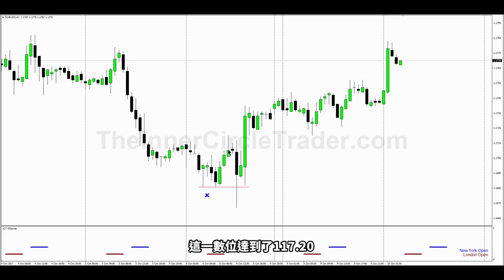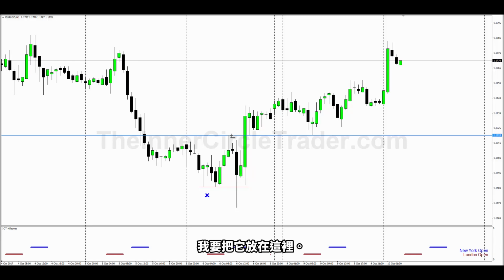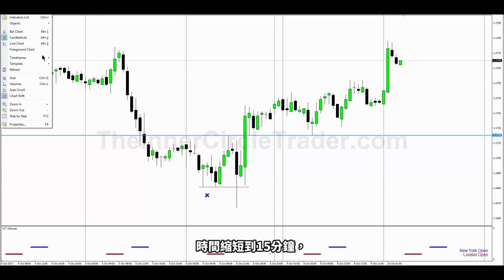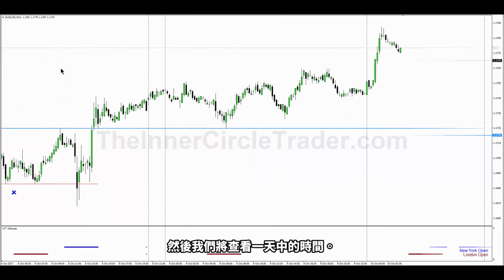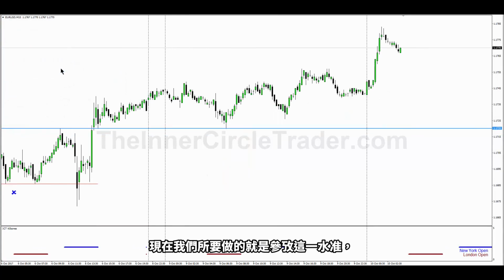So that's right here. Okay, so that comes in at a high of 117.20, nice institutional level. Okay, and we'll drop that on here. Now that's our higher time frame price level. All we have to do is drop down into a 15-minute time frame, and we're going to be looking at the time of day. Okay, now all we have to do is refer to that level and wait for price